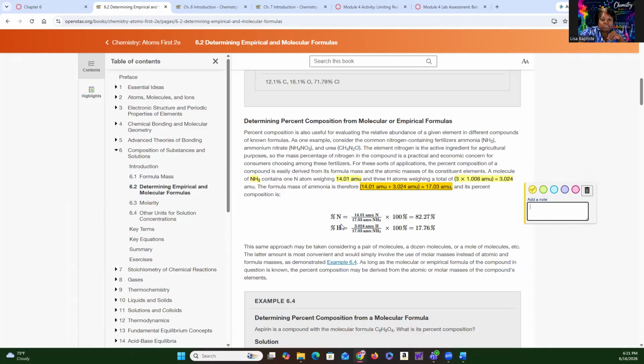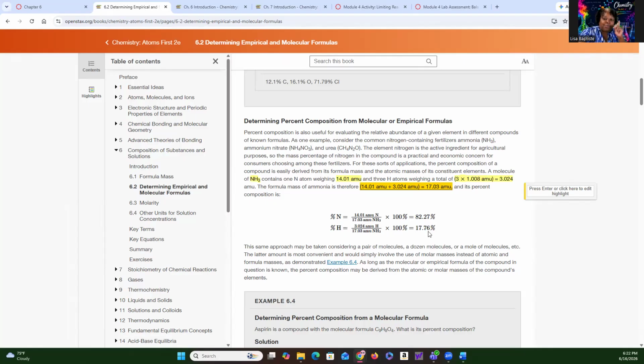So percent of nitrogen is 14.01, which we had up here, and we're dividing it by 17.03, which we calculated up here, and multiply it by 100. Don't forget to multiply it by 100. So you get 82.27%. We can do the same thing for hydrogen: 3.024 AMUs over 17.03 AMUs times 100, and we get